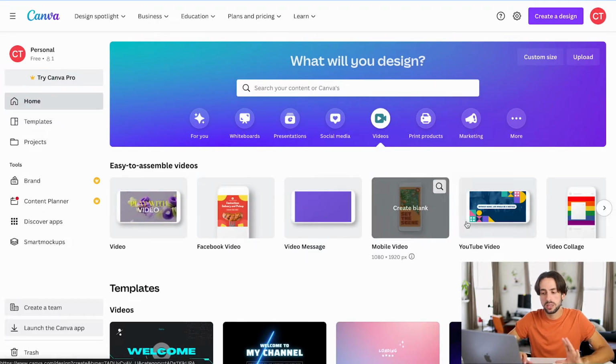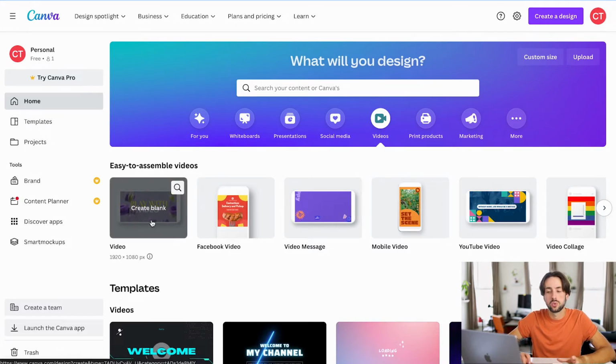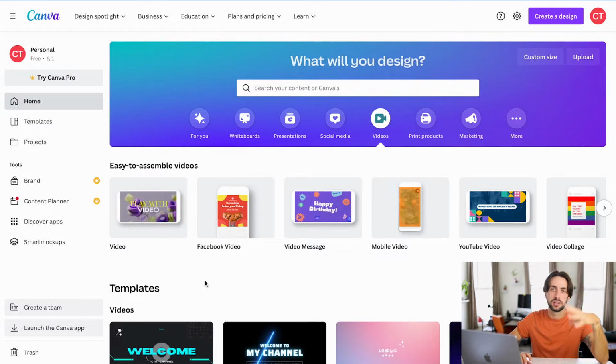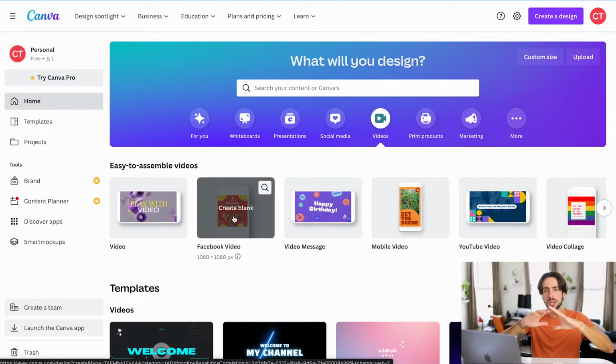Now, more than likely, you're either going to be doing this one, which is just a video, which is a 1920 by 1080. So it is the same size that you are watching this on right now. Or if you strictly don't care about posting it on YouTube and you only want to focus on Facebook, TikTok, Instagram, wherever, you are probably going to be looking for more of the rectangular video or possibly the square video. But for the purpose of this, we are just going to do the normal video.